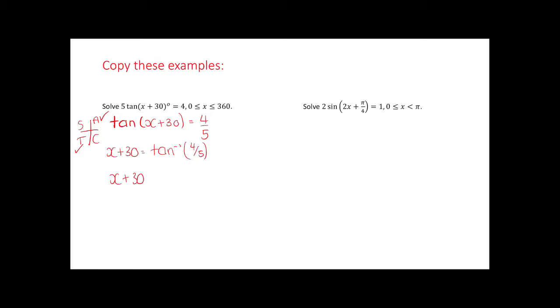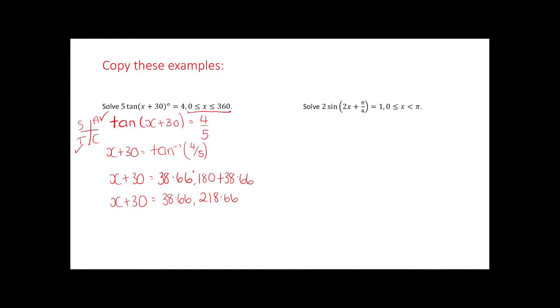X plus 30 is equal to, so a quick check, the restriction is between 0 and 360, so we are working in degrees, so I can just use my calculator in degrees for this, and I get 38.66 if I round to 2 decimal places. That is your calculator answer. We also have the T quadrant ticked, so remember that means you're going to have to do 180 plus your calculator answer. That means that x plus 30 is equal to 38.66 and